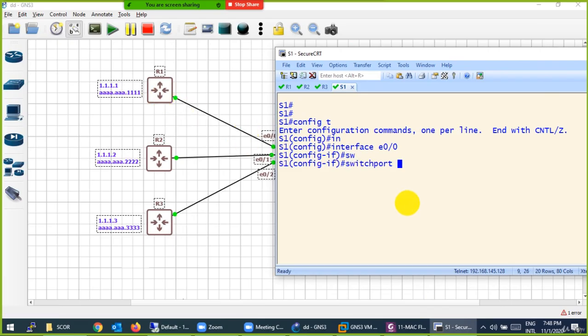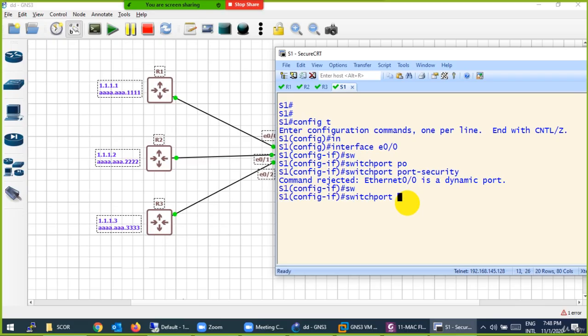Here I will say switchport port-security. It rejects my command, saying it is on a dynamic port. We will discuss dynamic ports in the next lecture, which is very dangerous, and there is an attack of STP. But anyhow, the port should be